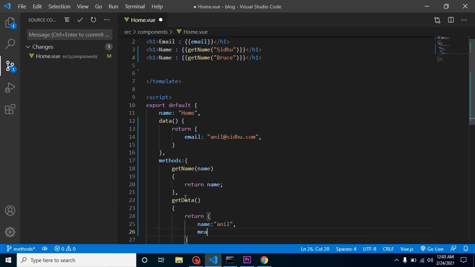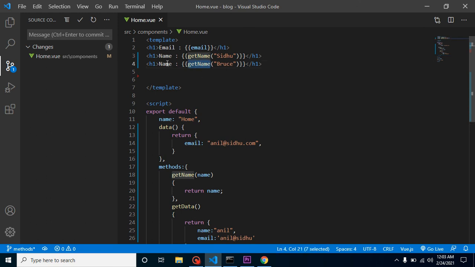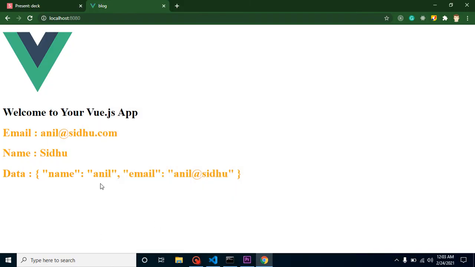So let me put the email address, which is Anil@Sidhu. Great. And now let's use this function. Just put data, getData, and now you can see that this is actually returning the complete object.